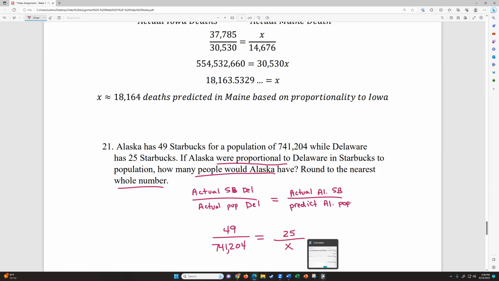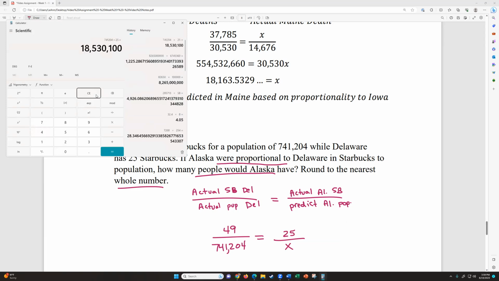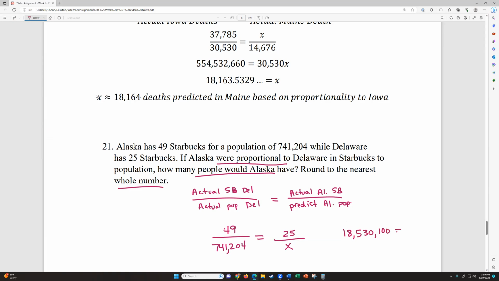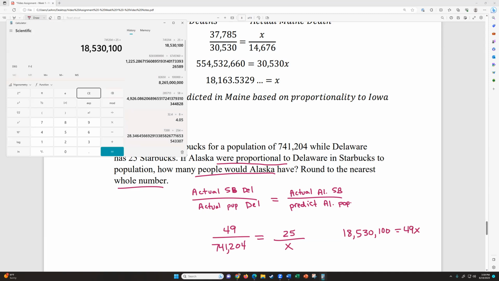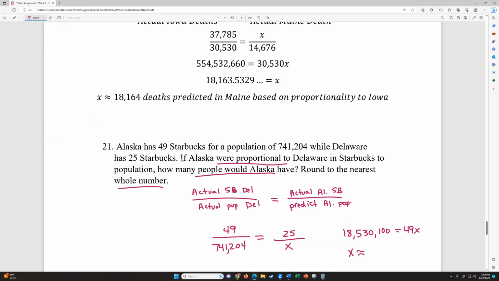We're going to round this to the nearest whole number. So always check your directions for rounding. So this would be 741,204 times the 25, which I'm going to write this one down. It's 18,530,100 equals 49 times X. So we're going to divide that by 49. And I'm going to go ahead and round this to the nearest whole. There's a 0.3, so the 5 will not get bumped up. So X is approximately 378,165. And this would be predicted population of Alaska based on